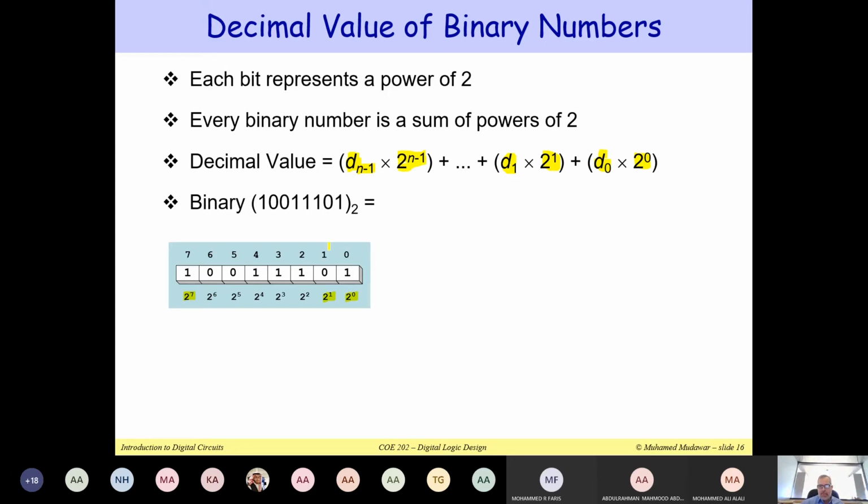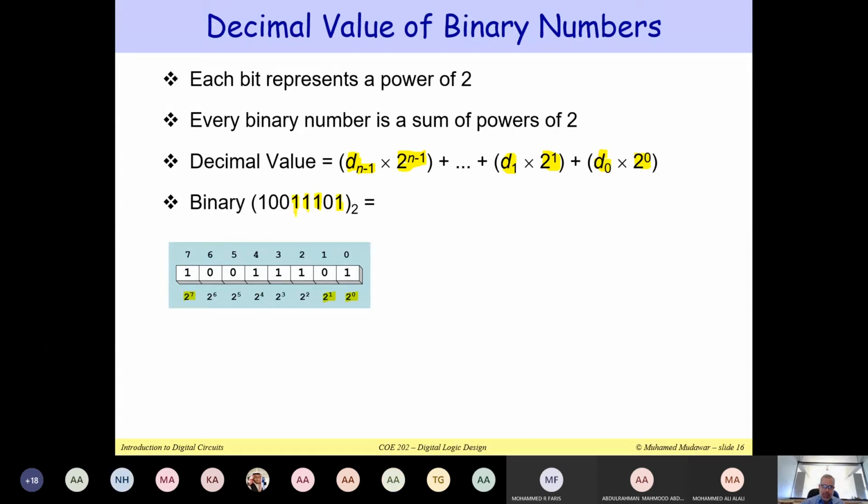Here's an example of a number which is shown in binary. This 1 here is just a 1. This is a 0 multiplied by 2, which is just 0. This 1 here must be multiplied by 4. This one is multiplied by what? What's the weight of this one? 8. Then this one will be what? 16, 2 to the power 4. Yes, 2 to the power 4 is 16.